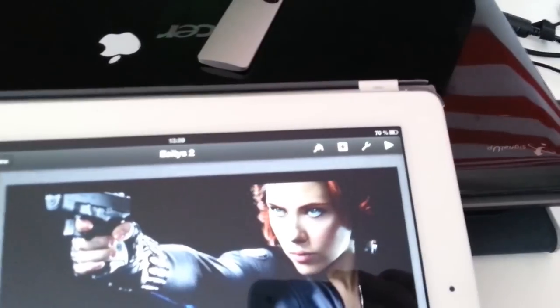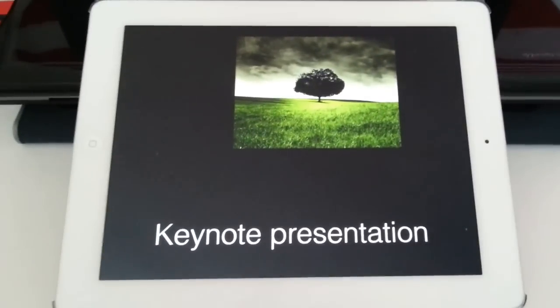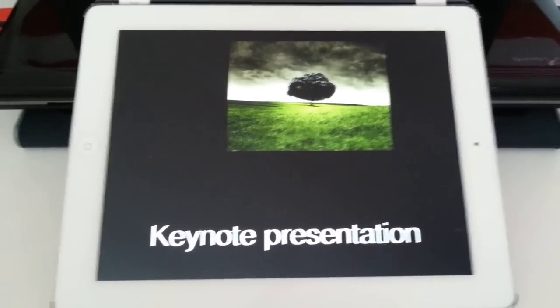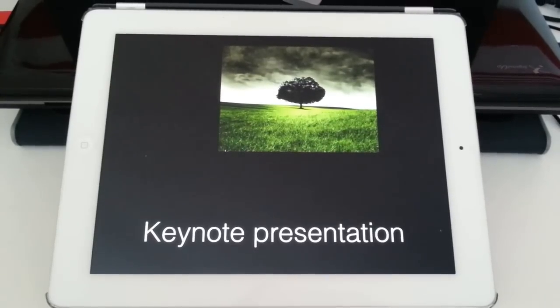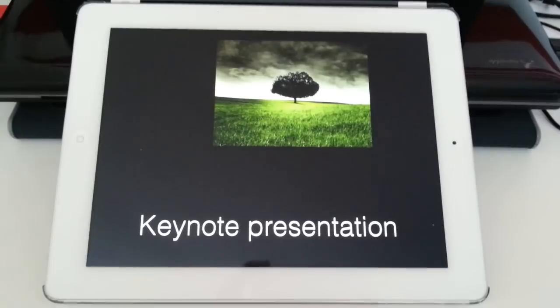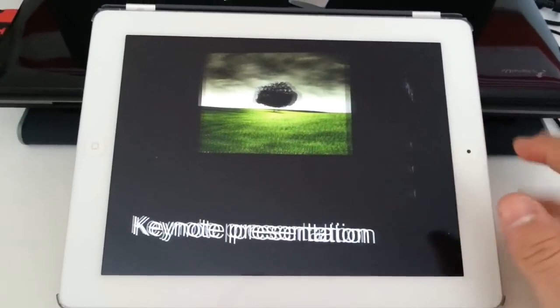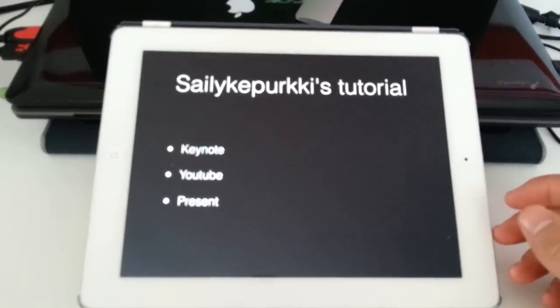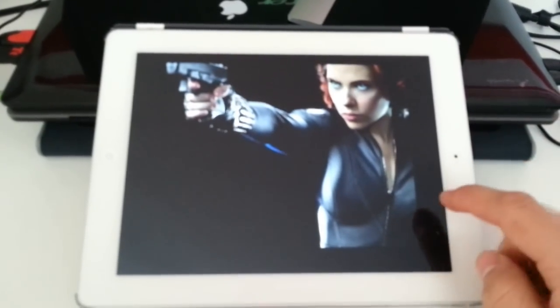Then you just press OK. Now let's turn the edit. Now when you connect your iPad into a TV or computer or anything you want to connect this to, then you just press this button and it shows what comes here on the big screen.